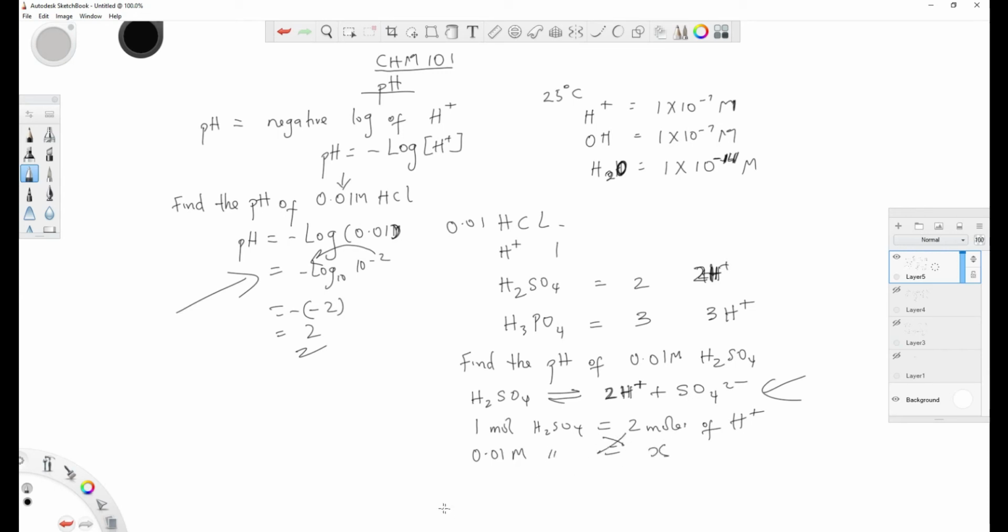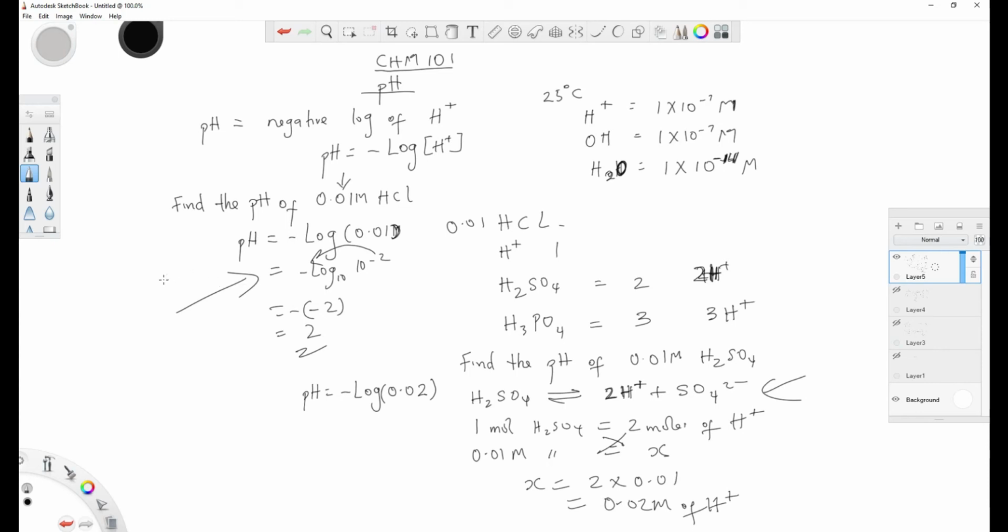Then you can cross multiply and say x equals 2 times 0.01 mole, which gives 0.02 mole of H plus. Having taken that out, you can now find the pH. The pH of this is negative log 0.02. Multiply these two, then you break it down and solve to get your answer. I quickly took that one out because you might get questions like this in your exam,